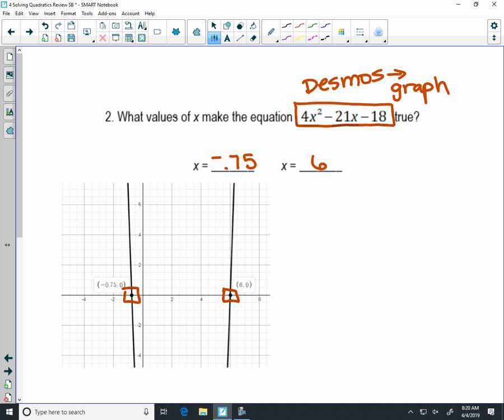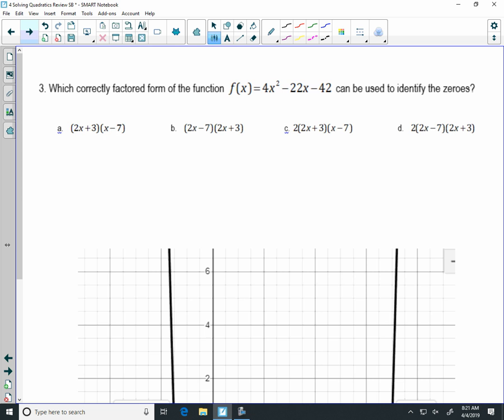Solutions, x-intercepts, values of x that make the equation true. Again, in this review, we're just trying to talk you through all of the ways that a standardized test could ask you for that information. Okay? Put it in Desmos, graph it, look at the graph, where does it cross the x-axis? Now, sometimes